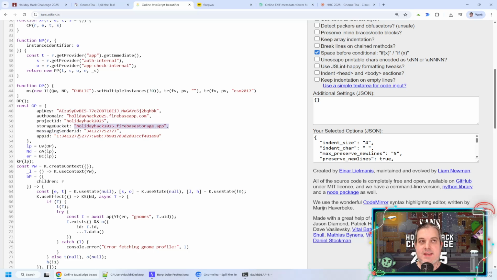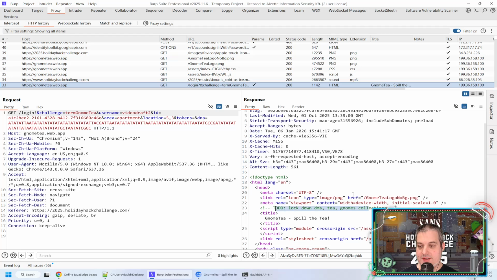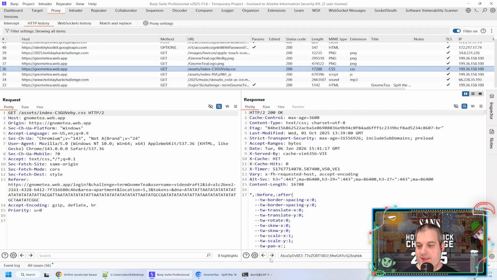Firebase is based on Google Cloud and they use the Google Cloud storage buckets. There's the ID of the project, and we also have an app ID here. All these details can be used to directly talk to the Firebase backend, which is not so good. So we need to figure out what we can find out. The other thing, aside from what we saw here for the collections, which is probably much easier to browse there